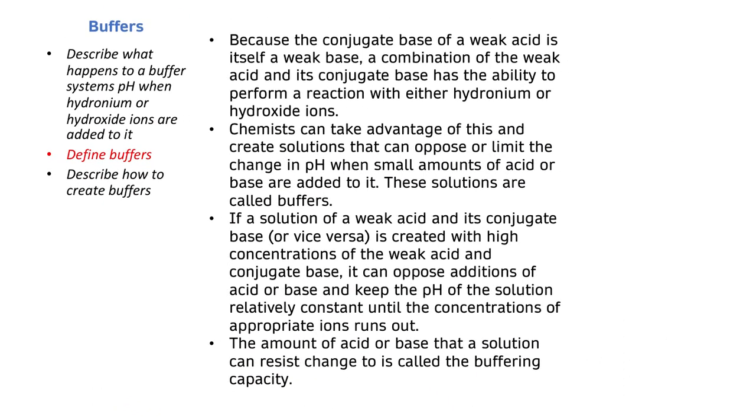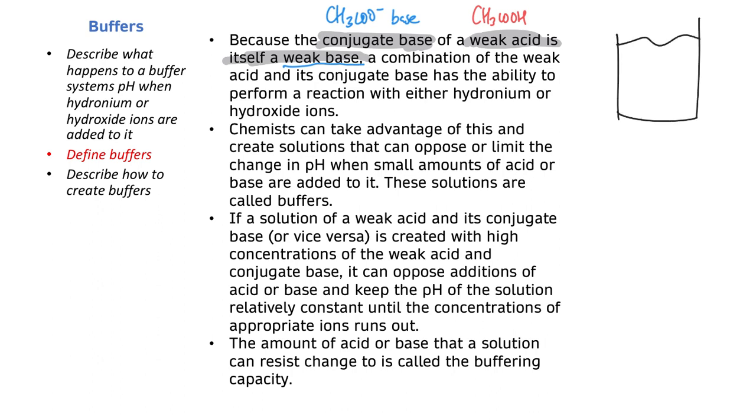Perhaps maybe then if I put together some conjugate base of a weak acid. Considering the conjugate base of a weak acid is itself a weak base, okay? So here's a weak acid, CH3COOH, its conjugate base, which is CH3COO minus, is itself a weak base, right? So if you have the conjugate base of a weak acid and the weak acid, so you want a beaker full of both CH3COOH and CH3COO minus,